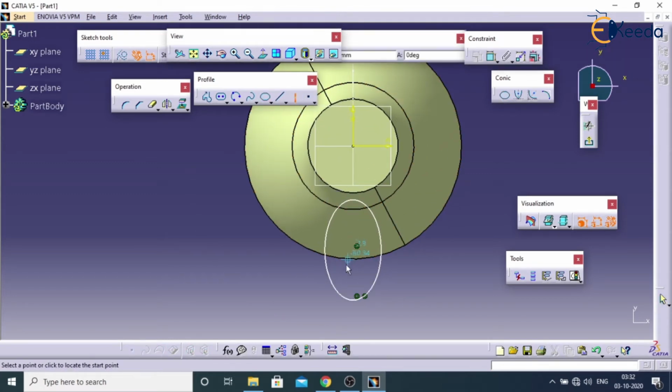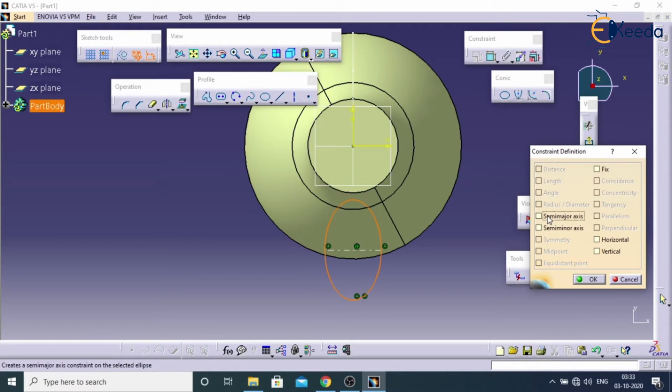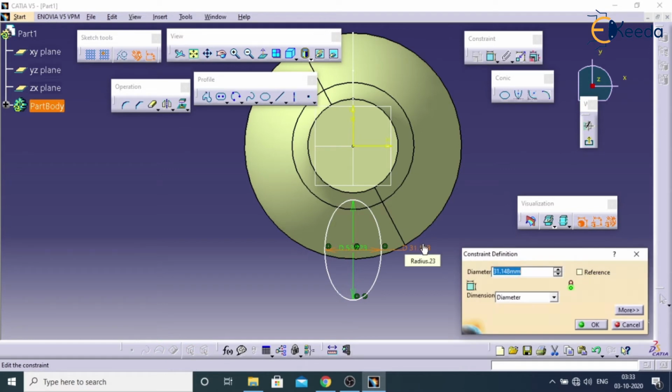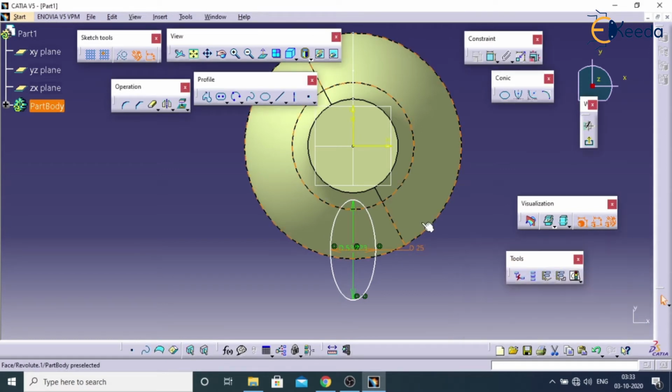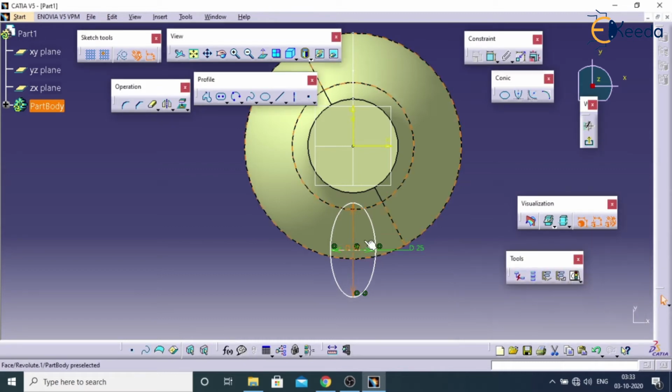We will take here the axis. The size of this ellipse we will take by taking the semi-major and semi-minor axis. This I am taking some 25. This length I will be taking some 50.